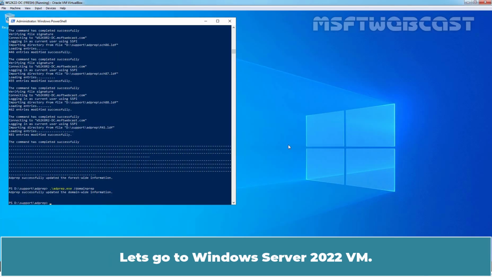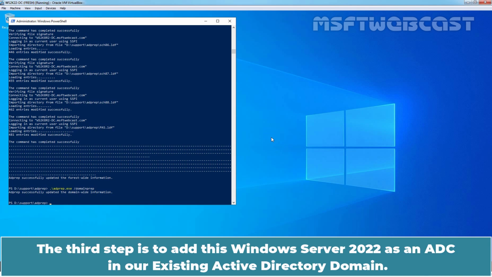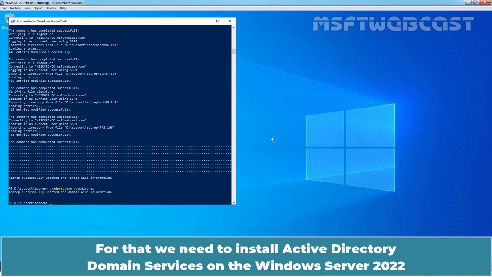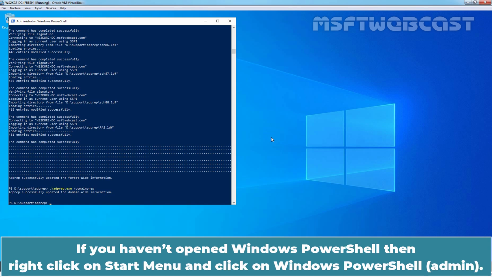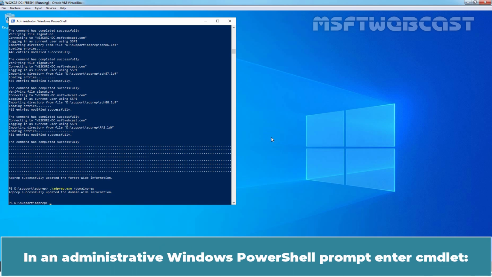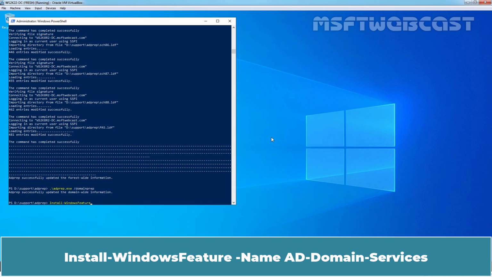Let's go to the Windows Server 2022 VM. The third step is to add this Windows Server 2022 as an ADC in our existing Active Directory domain. For that, we need to install Active Directory Domain Services on the Windows Server 2022, and that can be done easily with Windows PowerShell. If you haven't opened Windows PowerShell, then right-click on the Start menu and click on Windows PowerShell Admin. In an administrative Windows PowerShell prompt, enter the command Install-WindowsFeature -Name